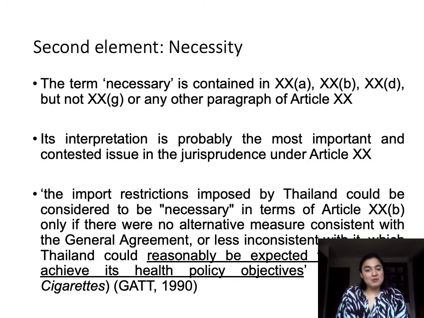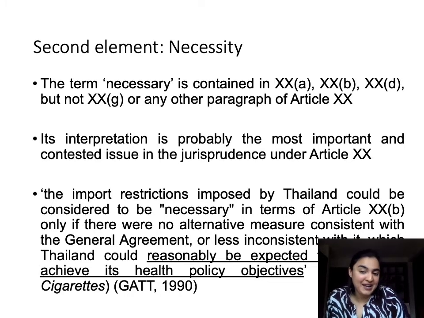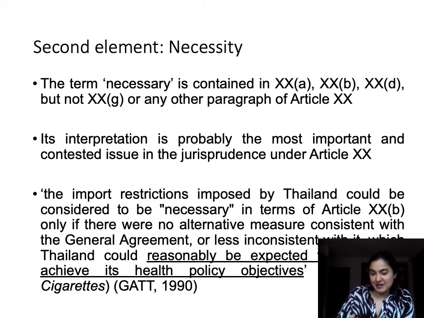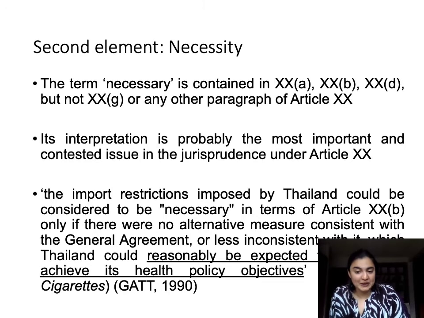They had the problem in satisfying the second element, which was the element of necessity. And the term necessity is found in Article 20A as well as Article 20B. So whenever we are invoking either of these exceptions, we have to satisfy the first element and the second element, which is common between them, which is the element of necessity. And the element of necessity probably is the most difficult and the most controversial issue or subject that we have seen in WTO jurisprudence so far,